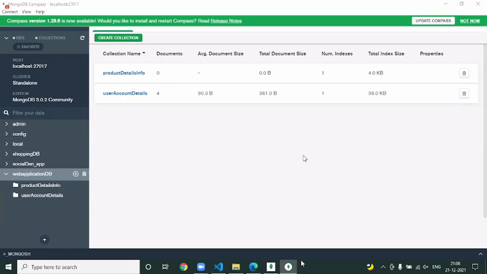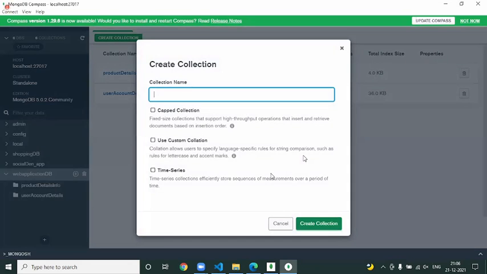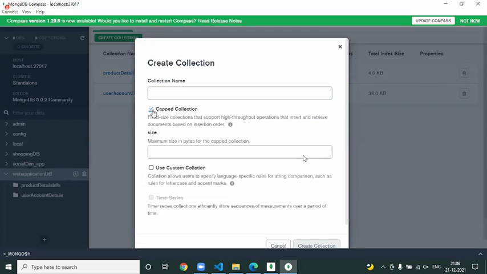Sir, when you created another collection, there were some three options below that, like capped collection and all. What are those? Can you please explain? Okay, so once you see here, you have the description here. Capped collection means you can specify the size, something like 100. What do you mean by this? There is no option for the user to go beyond that.